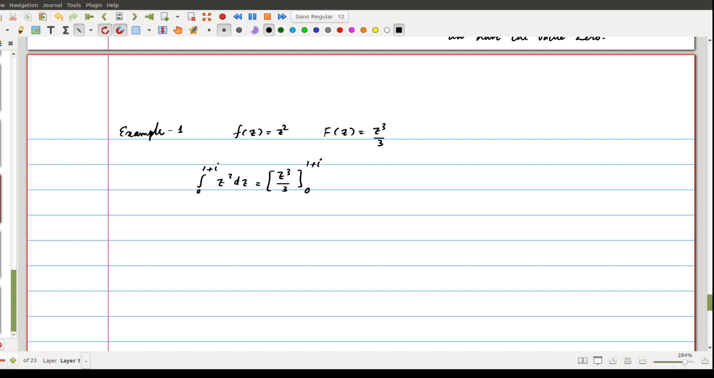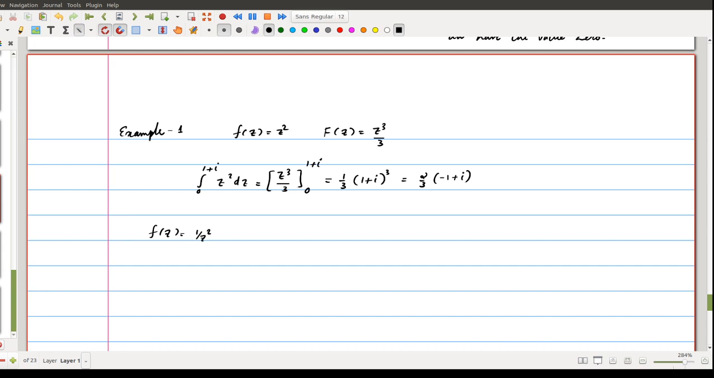This is nothing but the fundamental theorem of calculus that we have learned in your 5th semester in real analysis. So the value is 1 by 3 times, first of all we have to put 1 plus i whole power 3 minus 0, so the value will be 2 by 3 times minus 1 plus i. So when you evaluate this, you will get this one. So this is the first example, and if you have another function like f of z equal to 1 by z square,